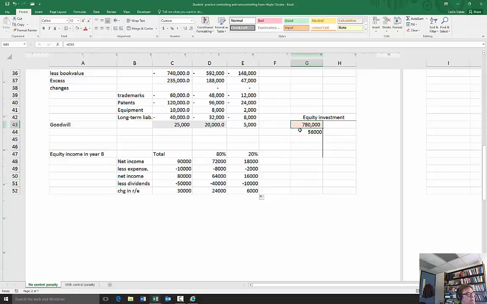Our beginning balance, the portion of year A's retained earnings that we added to our investment. So this is the net of income minus dividends. And we can do the same thing here. Add another 24,000 for year B. And that gives us a final balance